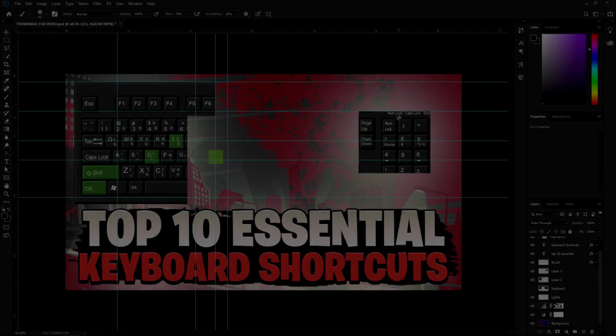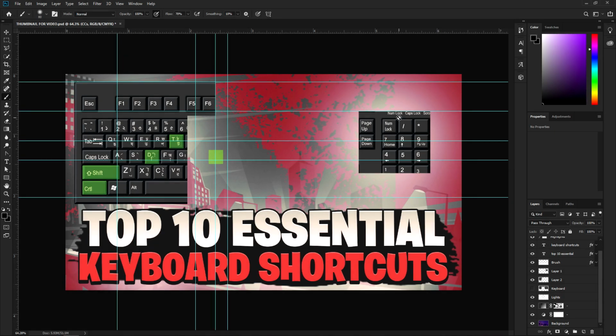Is going to be the brush size shortcut. That's a bit of a tongue twister, brush size shortcut. But